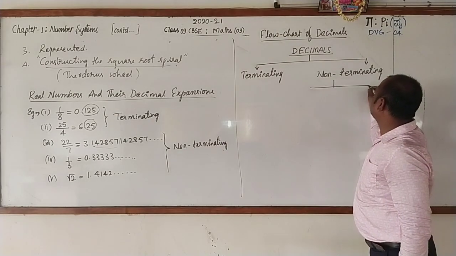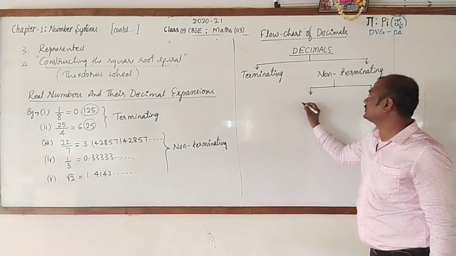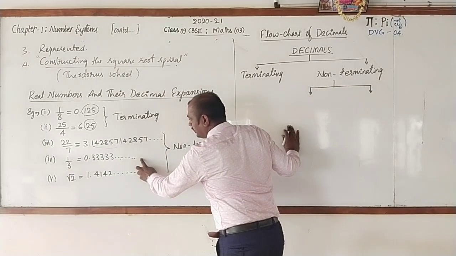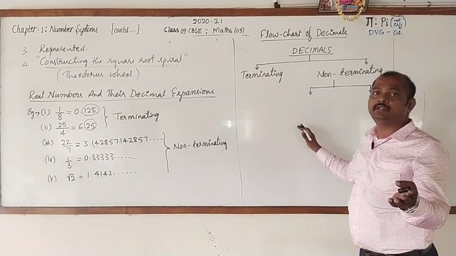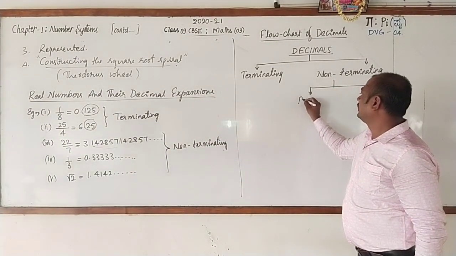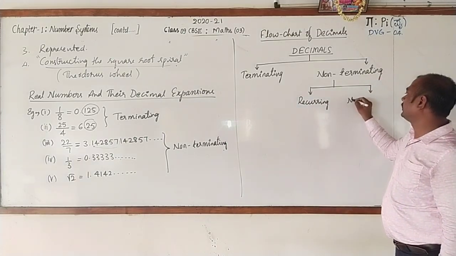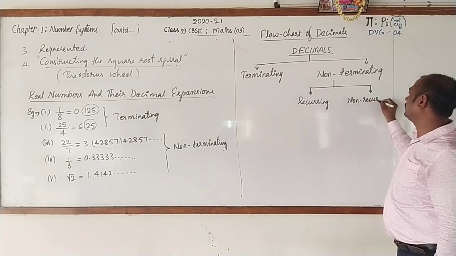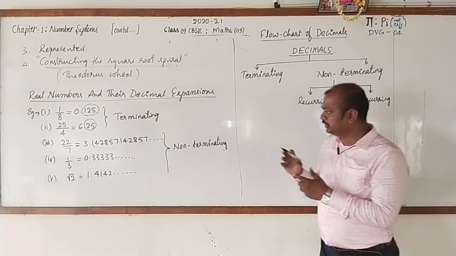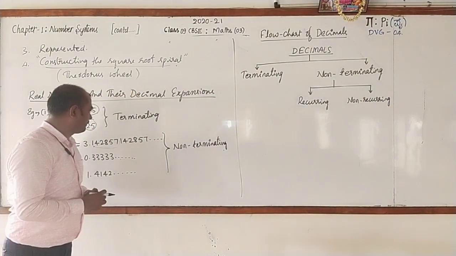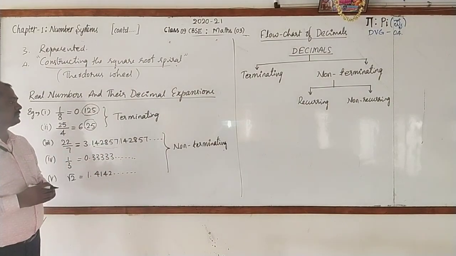in non-terminating decimal expansion, again there are two types. One is recurring and another one is non-recurring, or repeating and non-repeating. Recurring decimal expansion and another one is non-recurring decimal expansion. If you take again the non-terminating recurring decimal expansion,